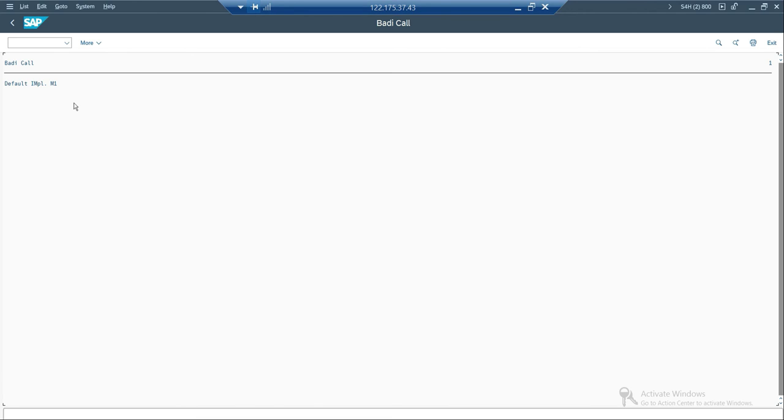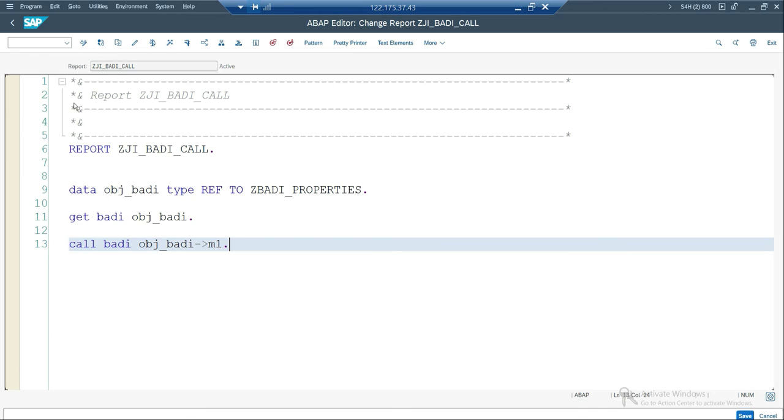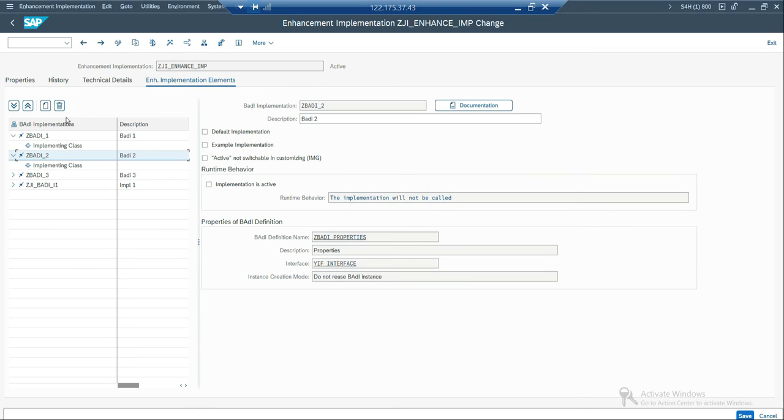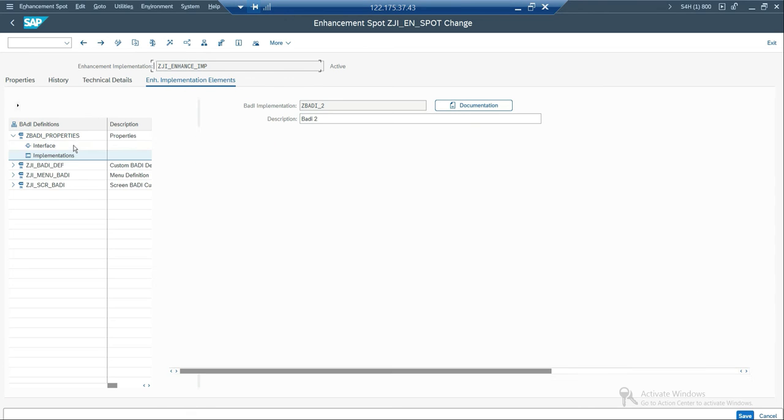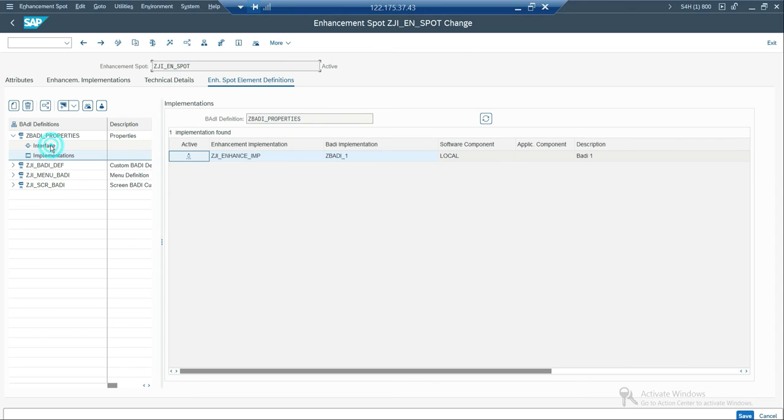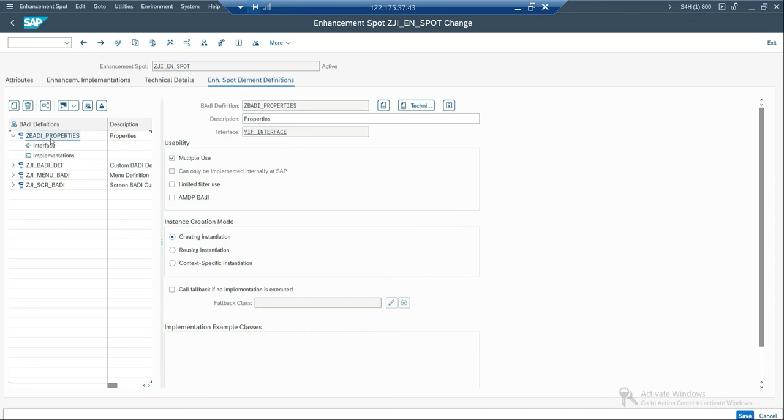Okay, so this is about default implementation. And the next one is fallback class. So let me go to the definition part again. And here, if you go to the BADI definition, you have an option called call fallback if no implementation executed. So meaning there is no active, no default implementation, then your fallback will be called. If there is no default, and if there is no active, then it will call your fallback class as